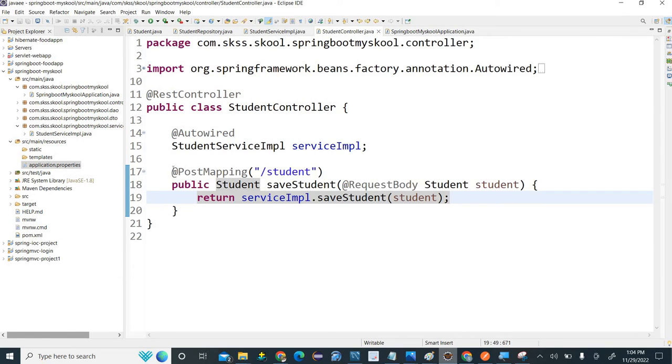If we see inside the controller, we used the post mapping annotation. It means we use post mapping in order to save the data. To save the data, we use this post mapping annotation. Okay, now